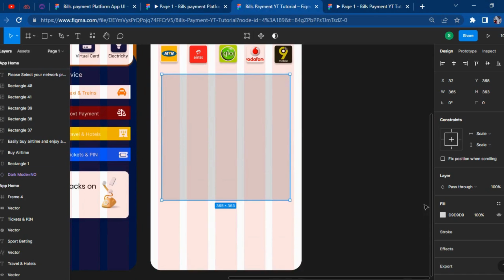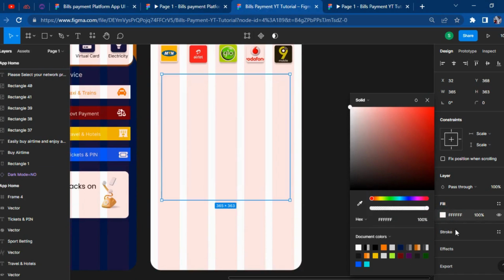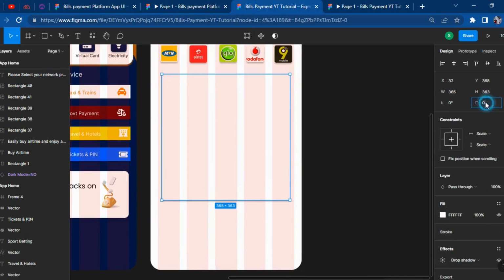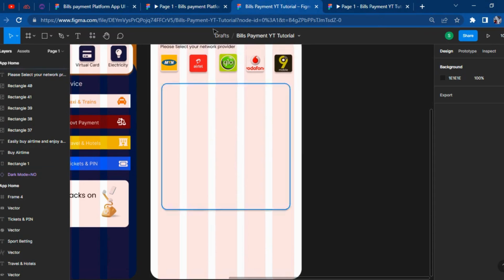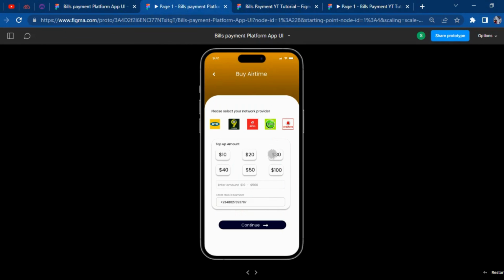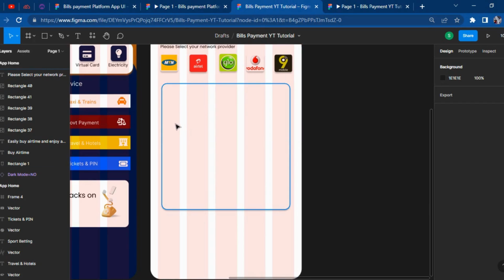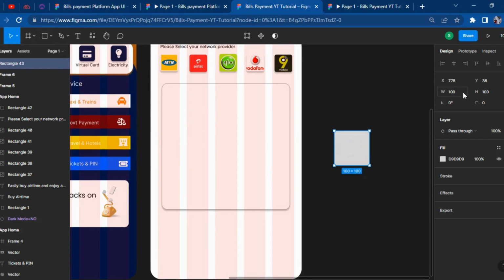So I'm going to make it white, add an effect, curve it with 15, add a stroke and reduce the stroke color to 35%, so we end up having something like this. Then the next thing we have to do is add some number of amounts. So add a rectangle, drop it here, make it 50%,